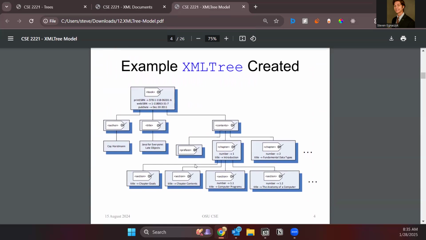Okay, here is a picture of the example XML tree that is created. You'll notice it looks very similar to the trees that we talked about earlier, except now the nodes are going to be element tags. So each element has its own tag. And there are restrictions on what you can and cannot have in these tags, and what the children of the tags are going to be, as well as the types of the attributes and all this other good stuff. I believe there's a very good slide that has all of the information that you will need for a project that is coming up, where you will